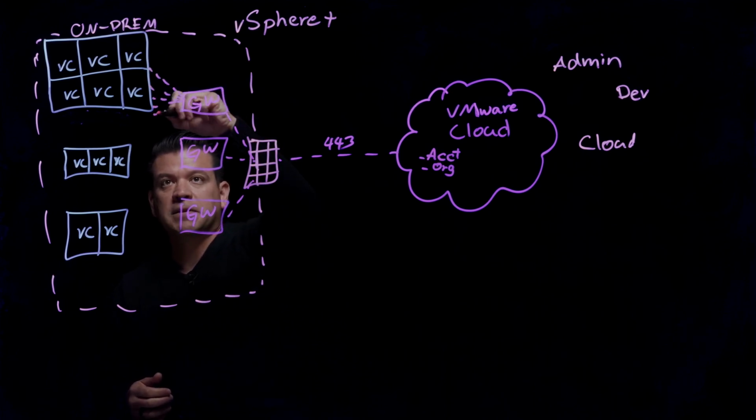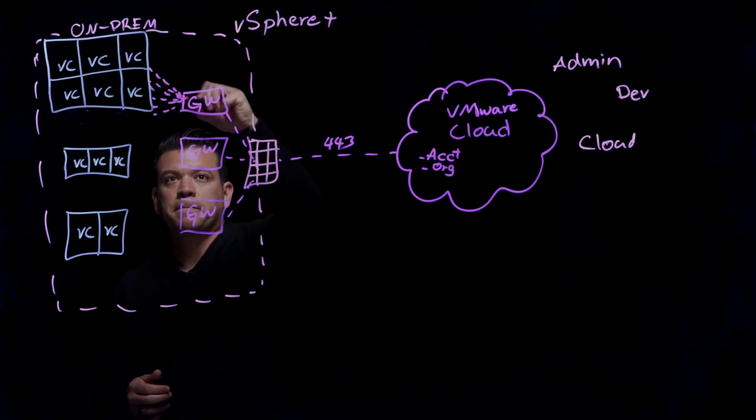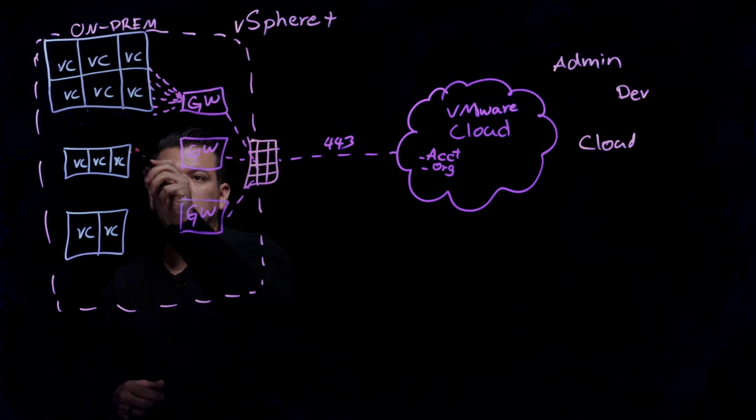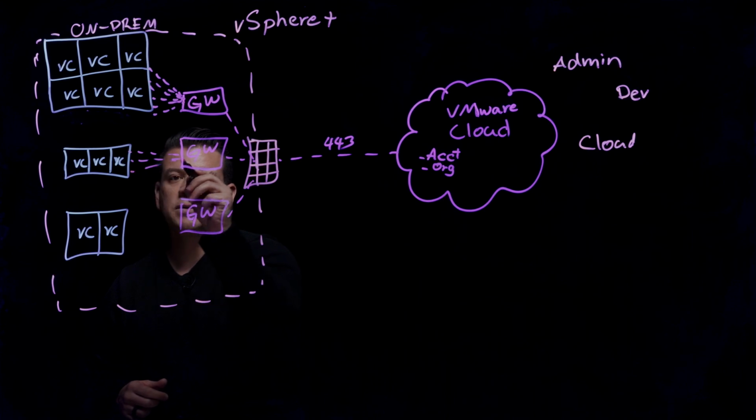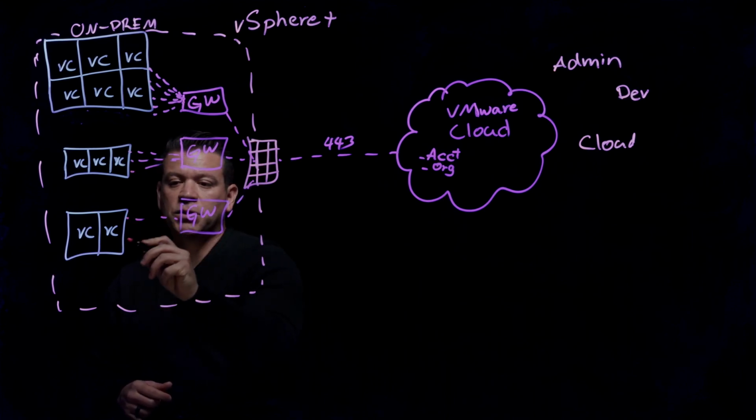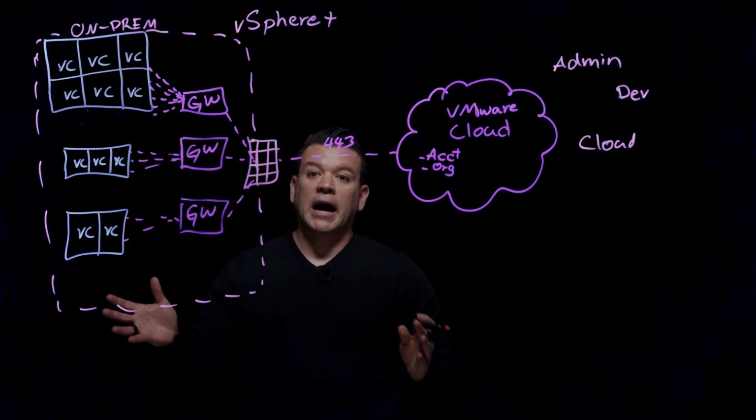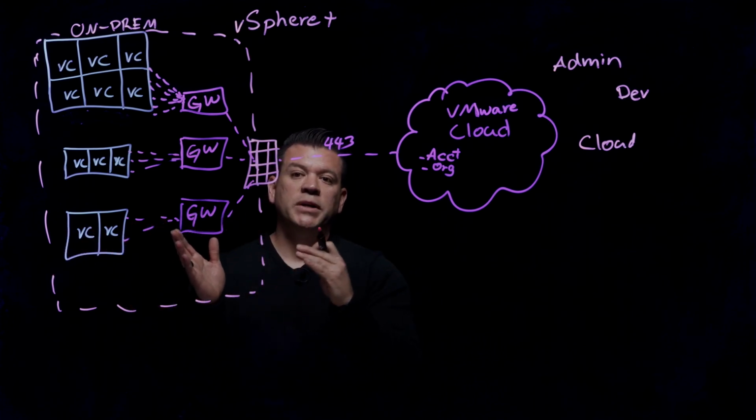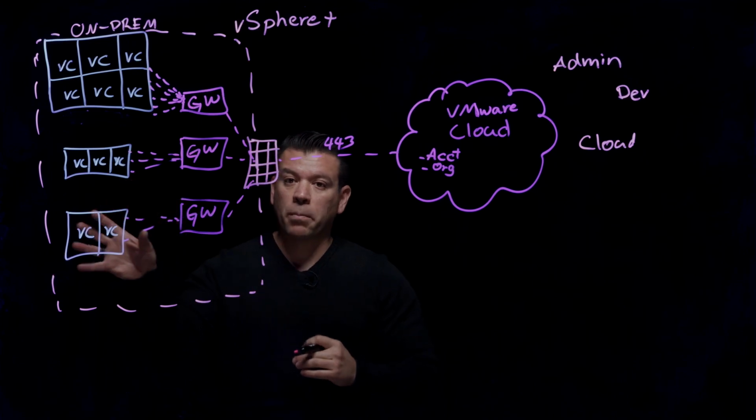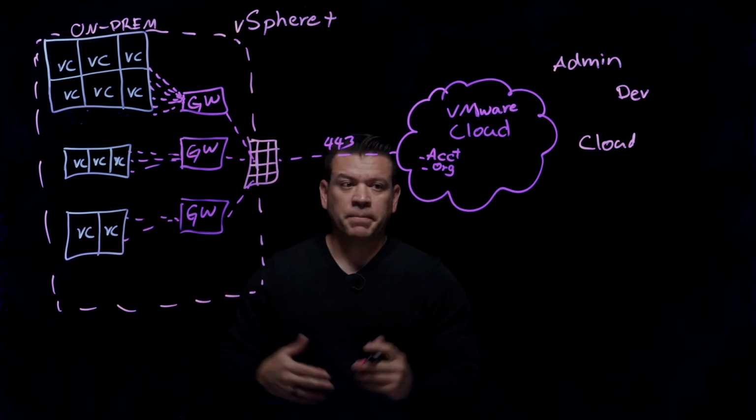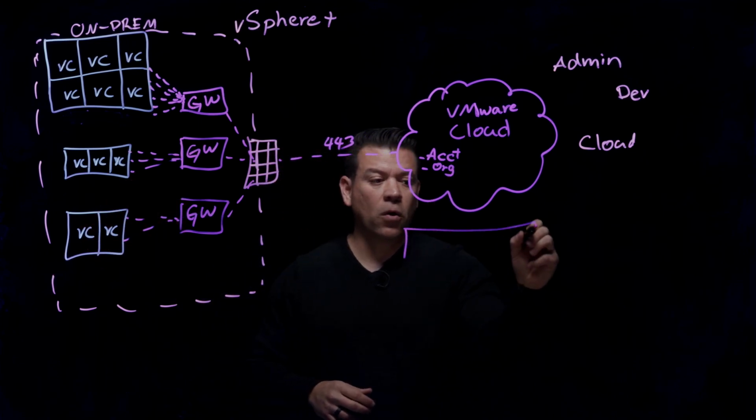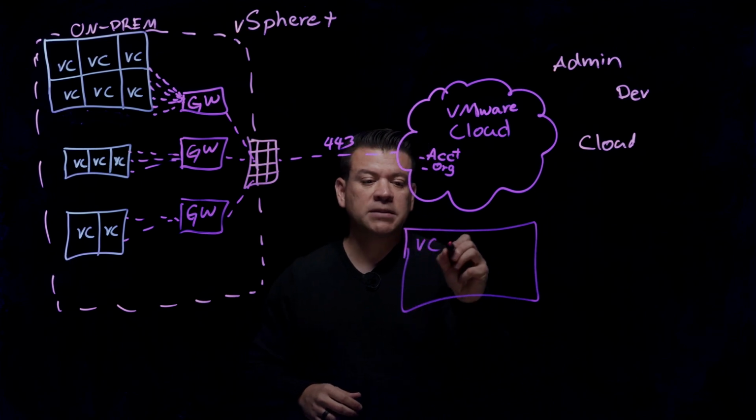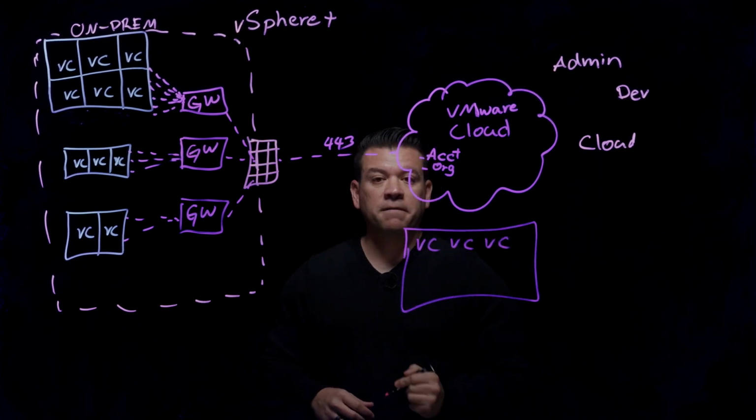So we're going to register 6 vCenter servers here to that one gateway appliance. We're going to register 3 vCenters here to this gateway appliance and 2 to this gateway appliance. And that's it. That is the only connection that we need to configure for your on-premises environment to connect to the cloud. After a few minutes, we're going to be able to see all those vCenters from one single location on the VMware Cloud